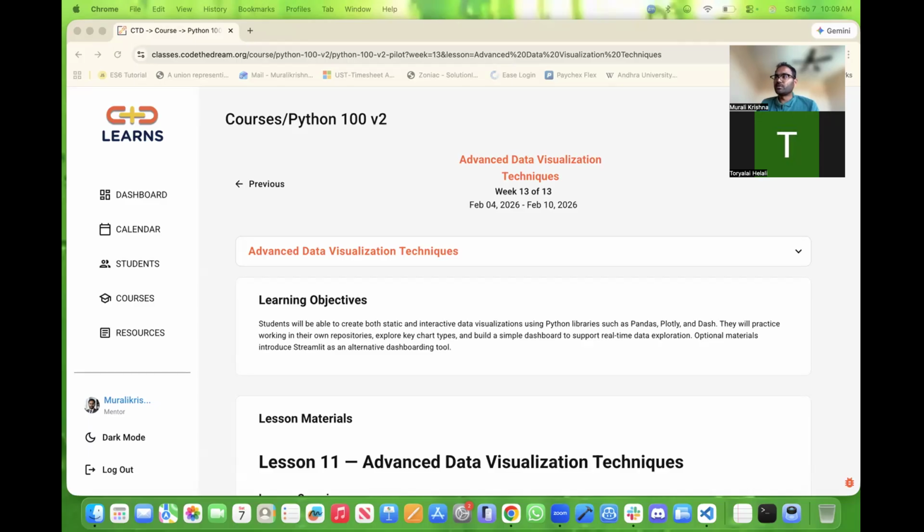Matplotlib is actually a low-level library where you may not have a lot of functions that do the work for you. You have to write a lot of code if you work with Matplotlib because it is a low-level library. With Seaborn, your code becomes smaller compared to Matplotlib, but you can achieve the same